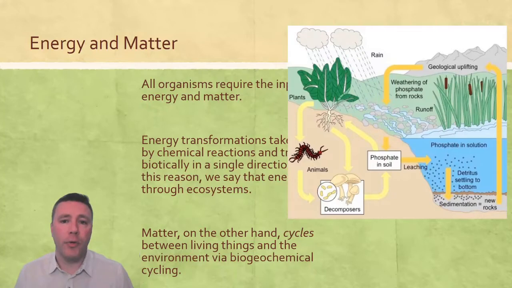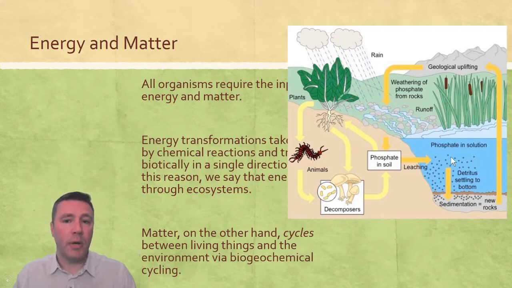We know that phosphorus is found in phospholipids. We know that phosphorus is part of ATP and ADP. And phosphorus is also part of our nucleic acids, making up the backbones of our DNA and RNA. So if we follow the path that phosphorus might take, at some points in its cycle, it might be incorporated into a living thing. Once that living thing dies, it could become part of some other living thing, or maybe it ends up becoming part of an inorganic compound in nature.